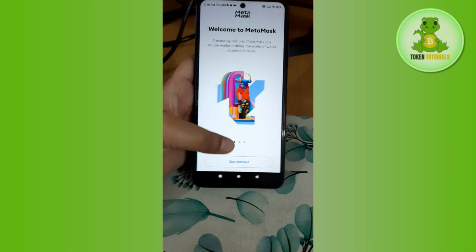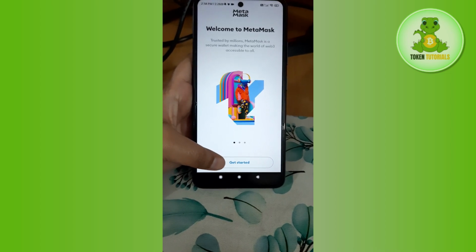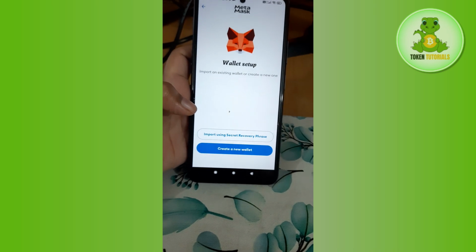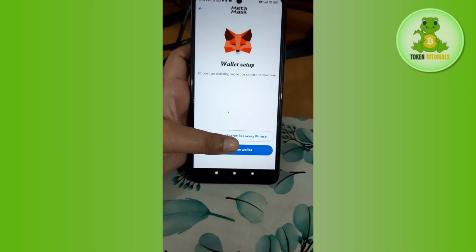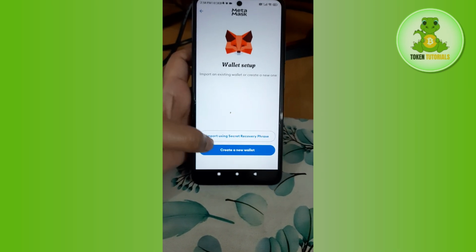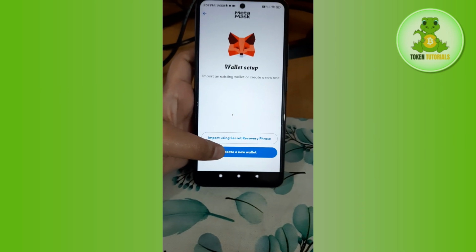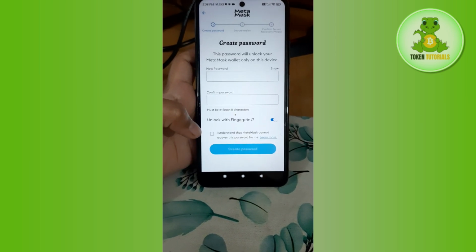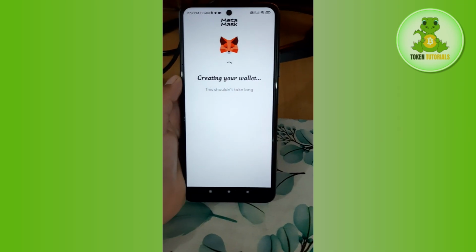Now once you tap on the open button, the interface will look something like this, where you need to simply tap on the get started option on the home page, and then it will ask you to create your account. So you need to simply tap on create account, and then it will redirect you to the next page where